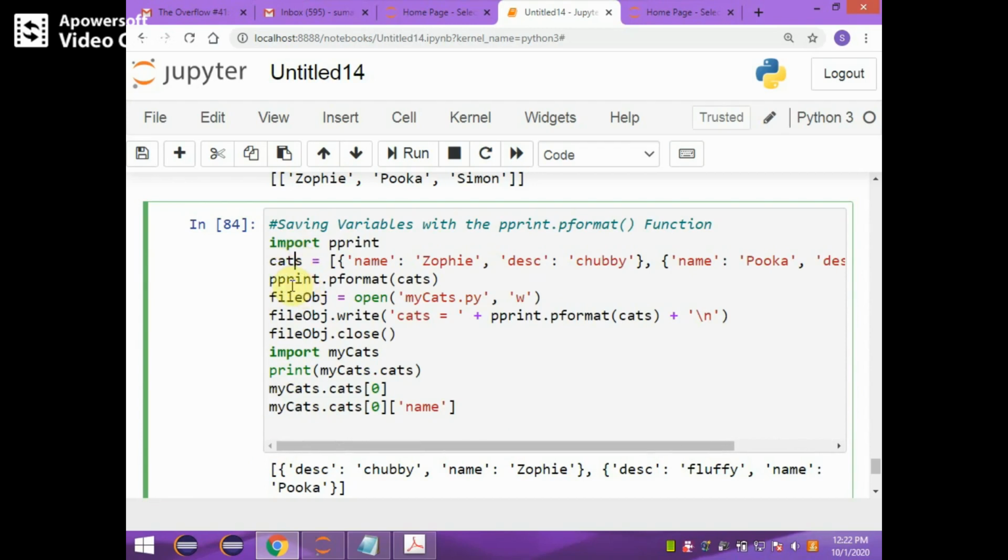Now pformat cats. This creates a formatted print for this cats dictionary. Formatted print is nothing but displaying the dictionary in the form of name-value pairs properly. Now the text file is opened. Here the text file is opened by name